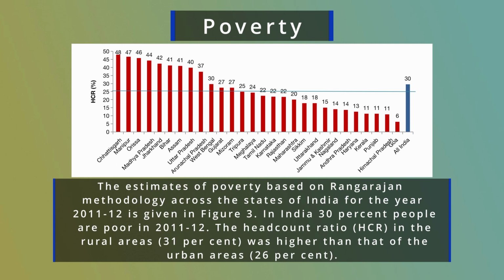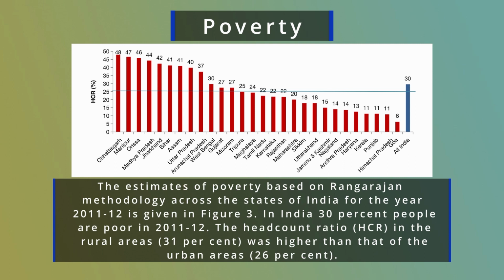This particular figure helps us to understand the extent of variation of the head count ratio across states of India for the particular year 2011-12. Here you consider this year because the latest national sample survey related with consumption expenditure was published in the year 2011-12. Therefore, this poverty is the scenario of 2011-12. Now we come to the variation of the head count ratio across states of India. Head count ratio means percentage of poor people to the